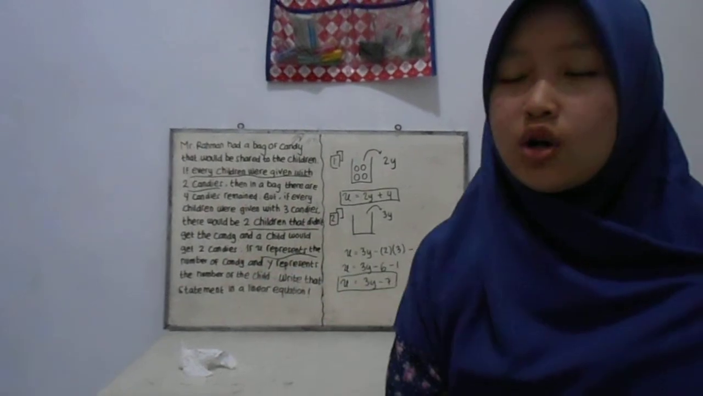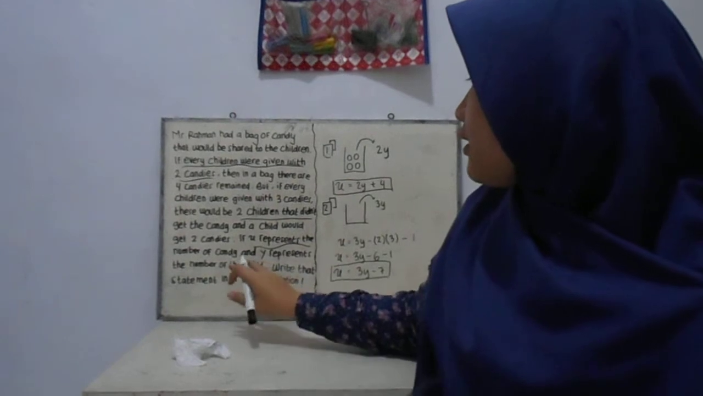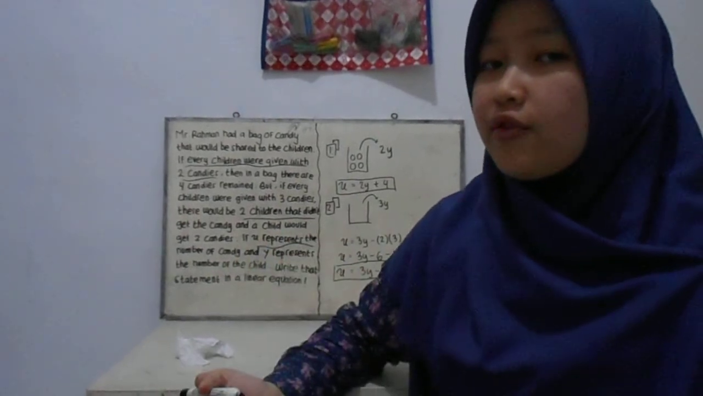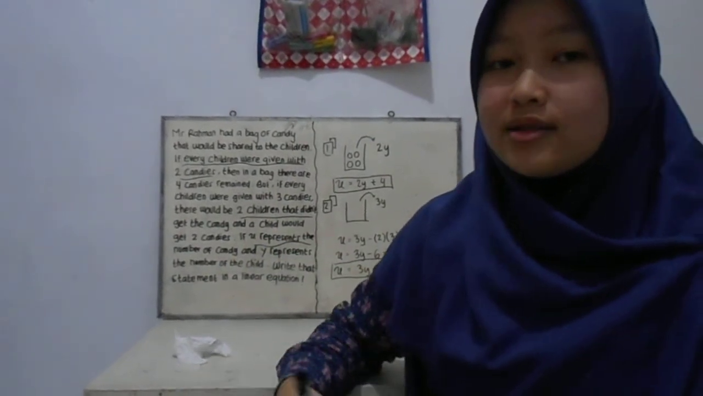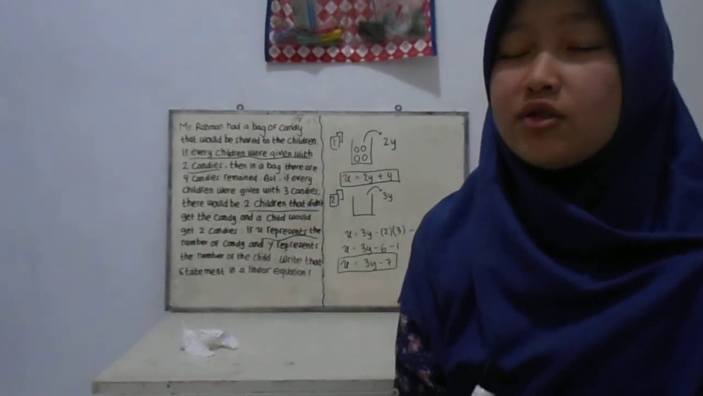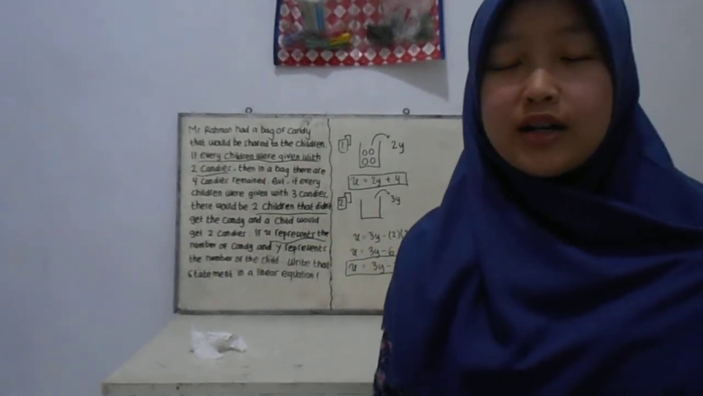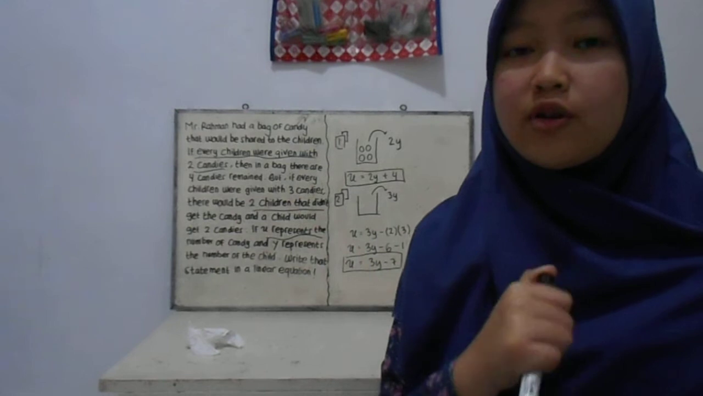If you want to know about the number of children and the number of candies, you can use the elimination and substitution method. That is enough for me to explain this question,